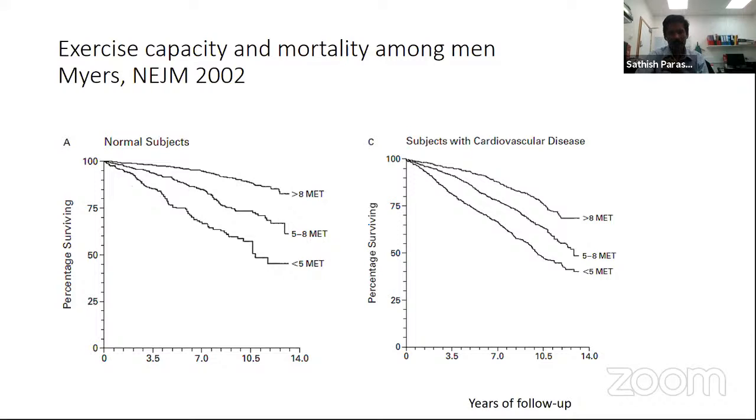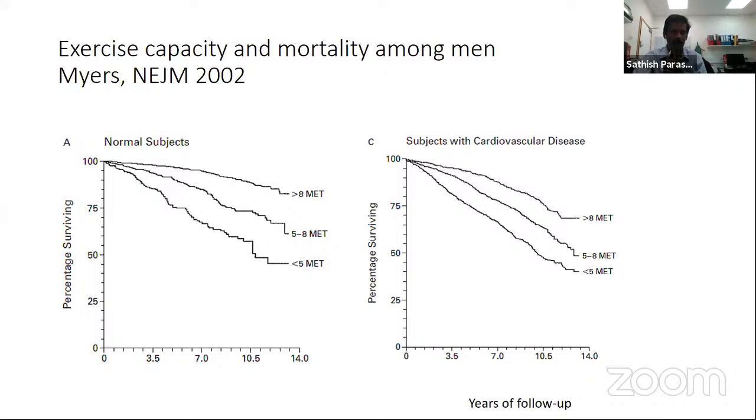So why is exercise capacity important? Why do we bother about exercise capacity? We have more sophisticated tests. We have got CT, we've got MRI, angiograms, pressure wire, OCT, in fact everything. Why is it important? Now, this paper from 2002